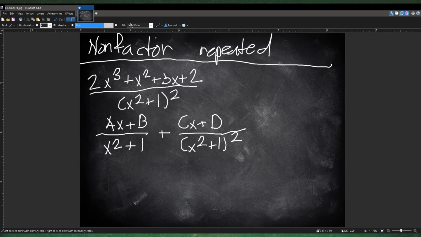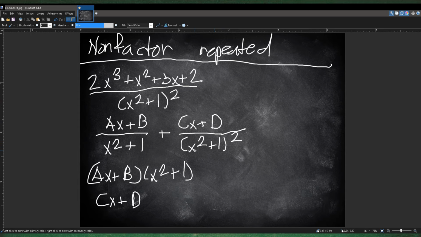You see how that works for factors repeated and non-factors repeated? Now you have to write the linear term twice, because there's a squared repeated, x squared plus 1 repeated. So what you have to do now is multiply this entire thing by x squared plus 1. And this side is already x squared plus 1, so you just leave it as cx plus d. So what you get is ax cubed